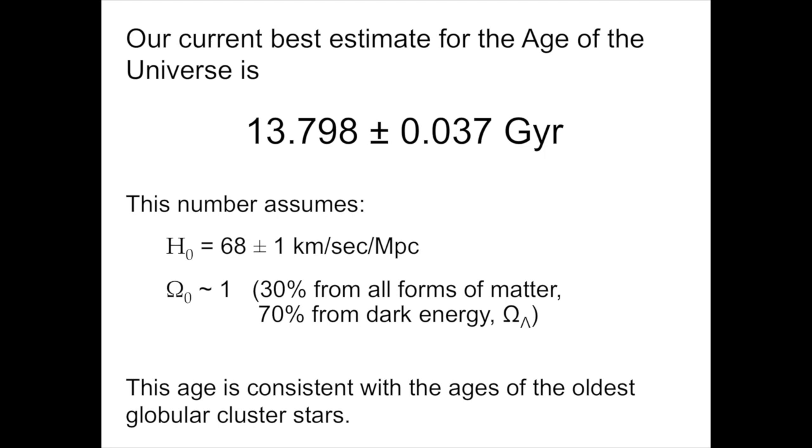So far, so good. Our estimate of the age of the universe, about 13.8 billion years, is consistent not only with our measurement of the expansion rate of the universe, the Hubble constant, as seen today, and the total matter and energy content of the universe, which combined with the dark energy contribution tells us how fast the universe was expanding in the past. It's also consistent independently with the ages of the oldest stars that we can see. This number, while successful, raises a lot of interesting questions.